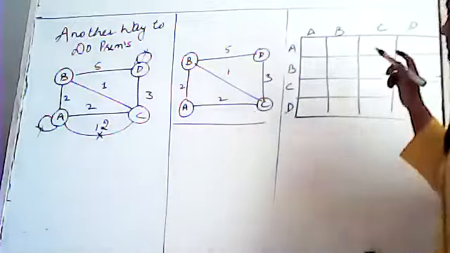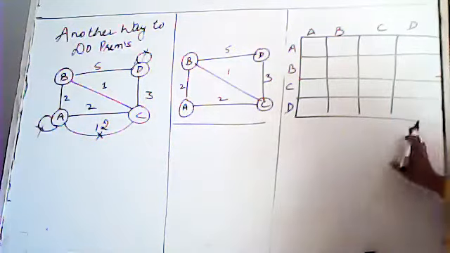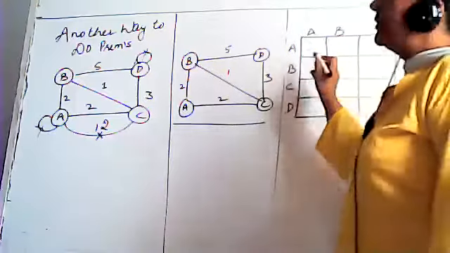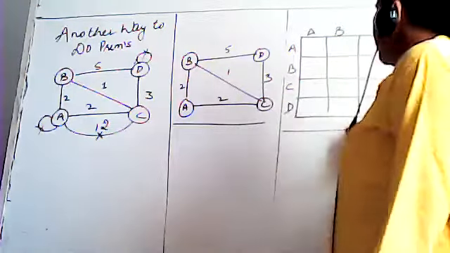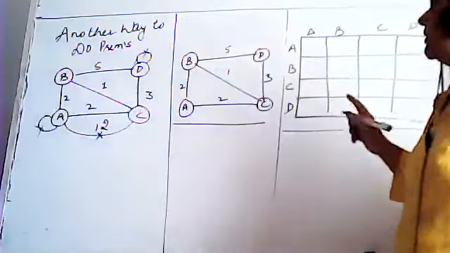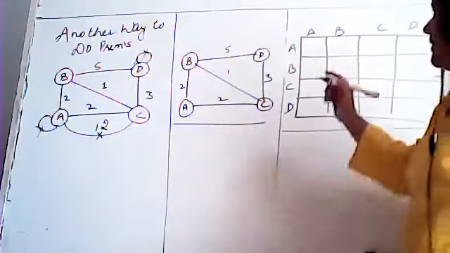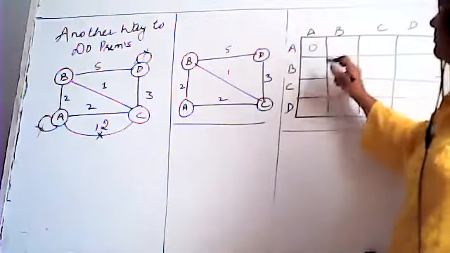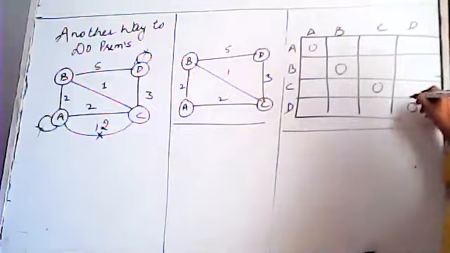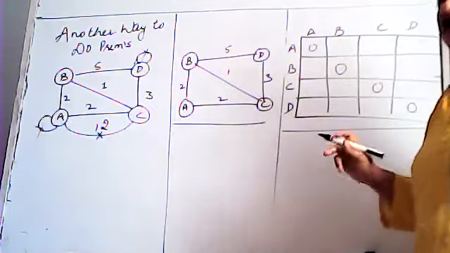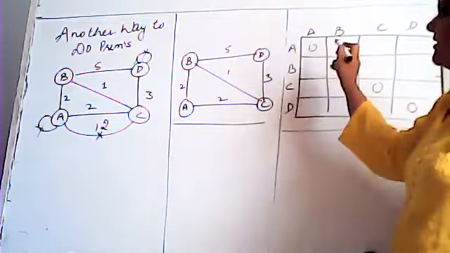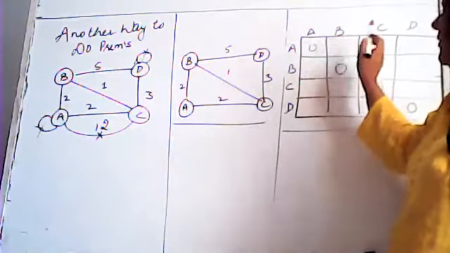We all know. So let's do this tabulation. This tabulation is slightly different from the tabulation that you have done in Kruskal. To fill this table, the rule is first to put 0 where the row and column name is the same. See here, AA same, put 0, BB same, put 0, CC same, put 0, DD same, put 0. Since no vertex is pointing towards itself, we have removed the loops, so it is going to be 0. Now, from vertex A, we have to see the weight of each edge.